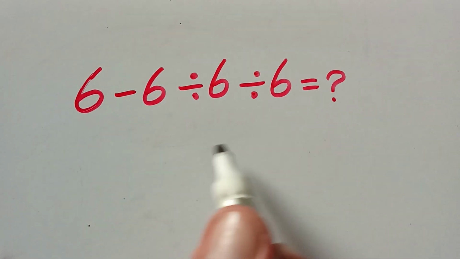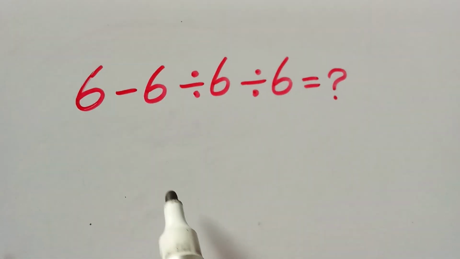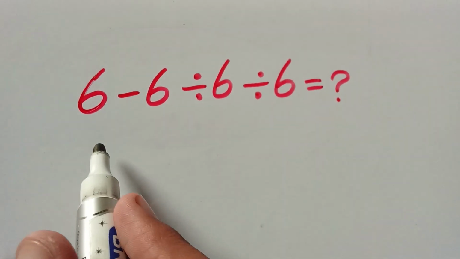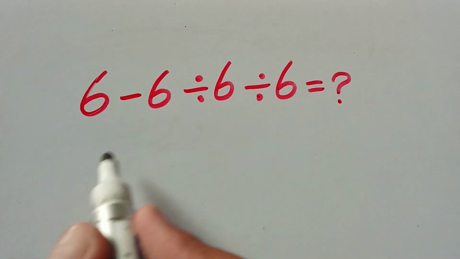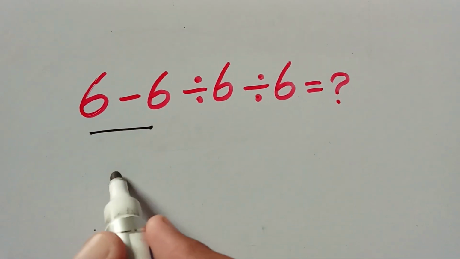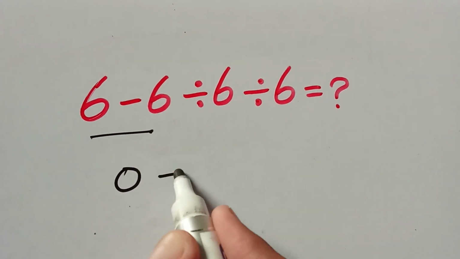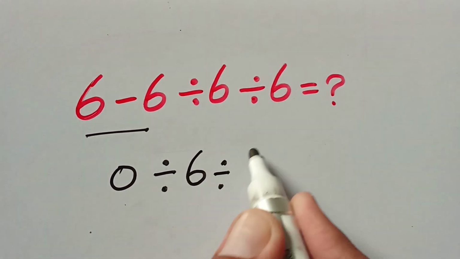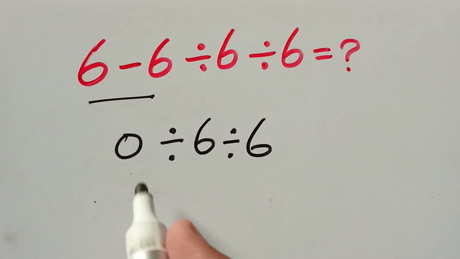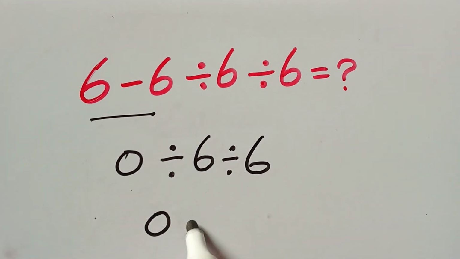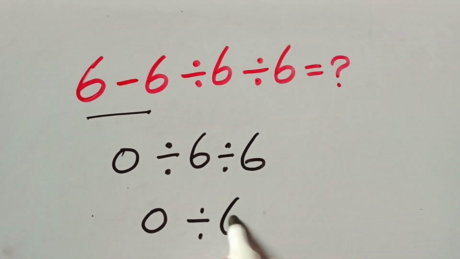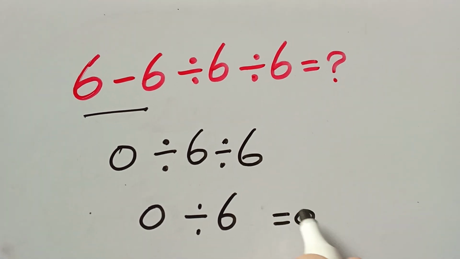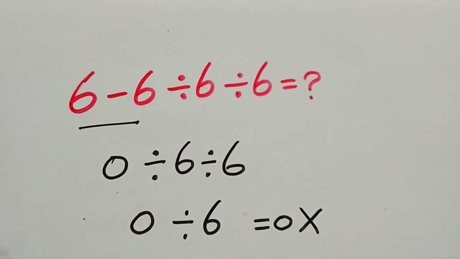Most people solve this question by the wrong method. They solve it as 6 minus 6 equals 0, and 0 divided by 6 divided by 6. Now here 0 divided by 6 equals 0, divided by 6 again equals 0. But guys, this answer is wrong